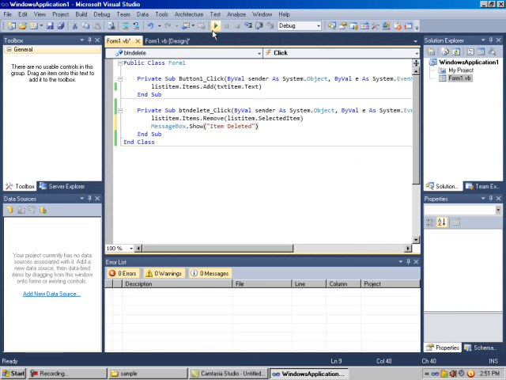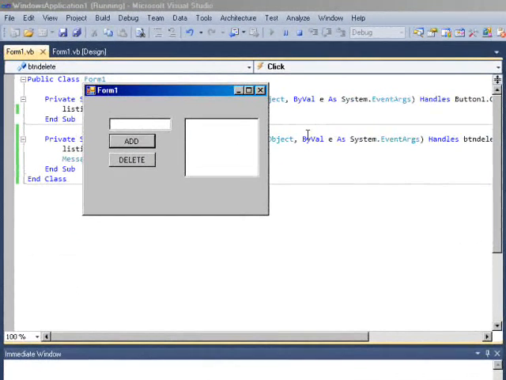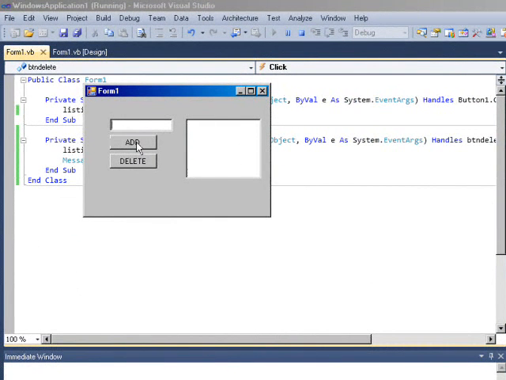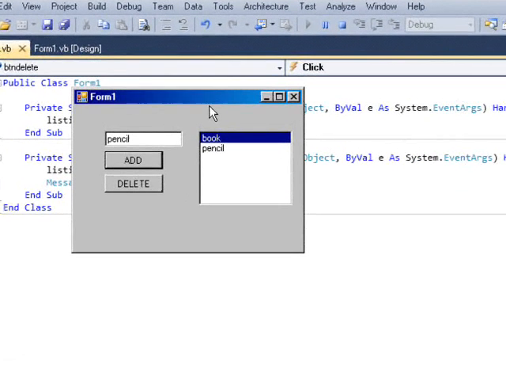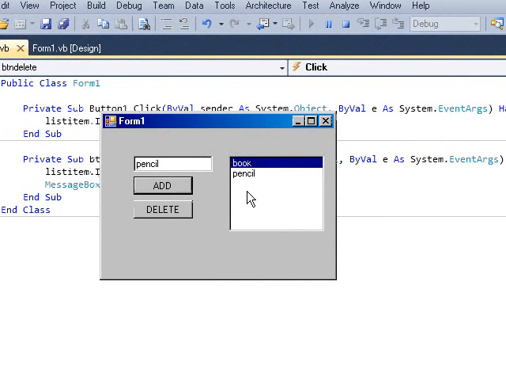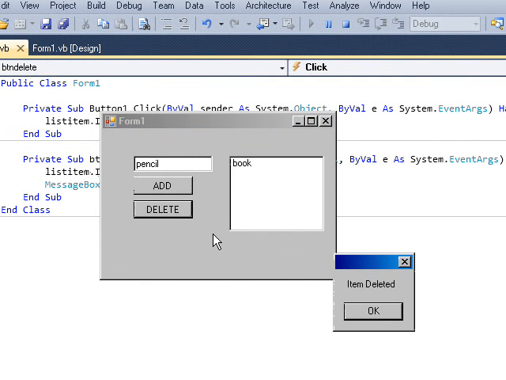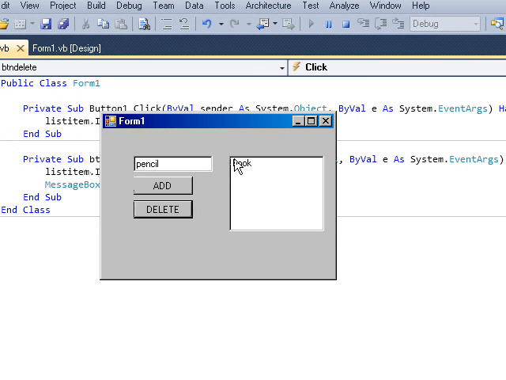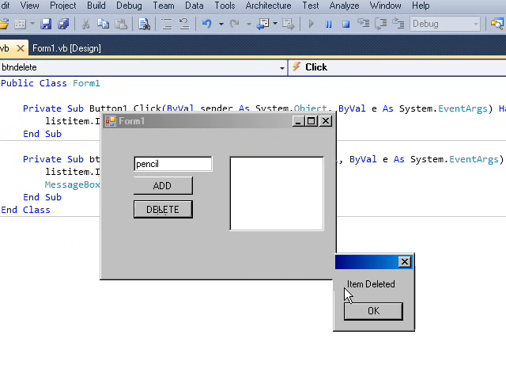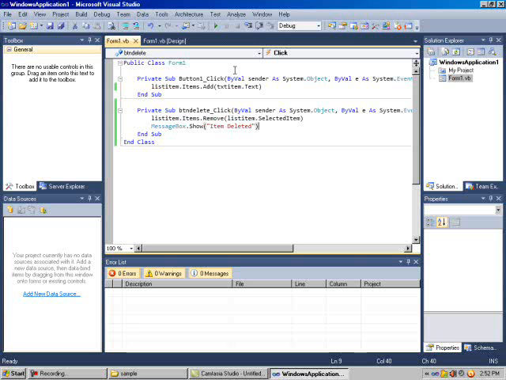Let's try. We will add an item and we will delete it. So this is how to delete an item into the list box.